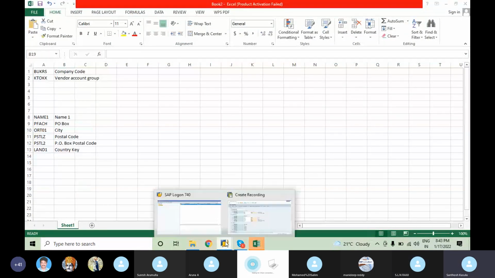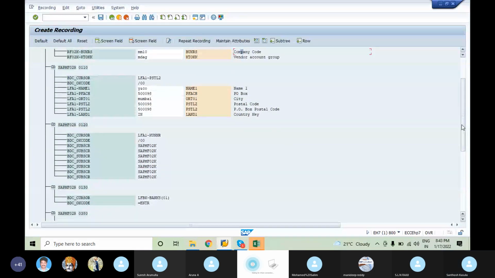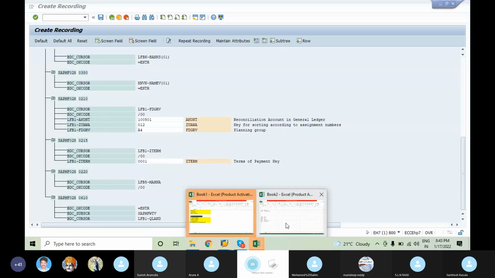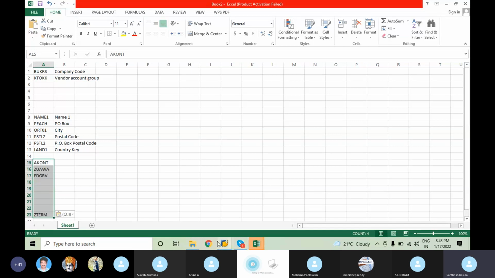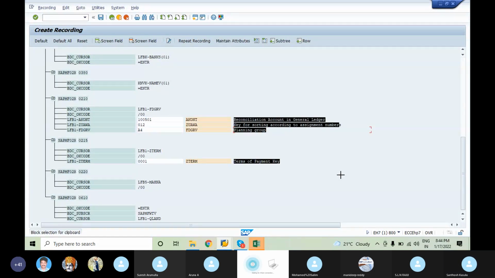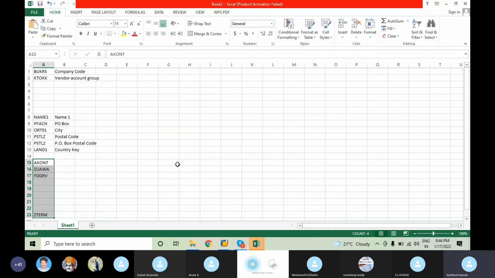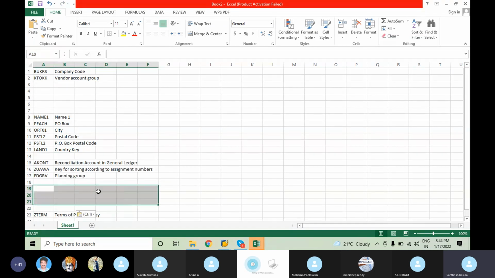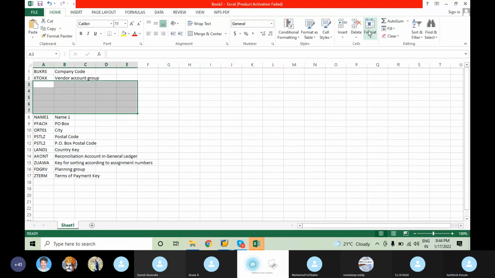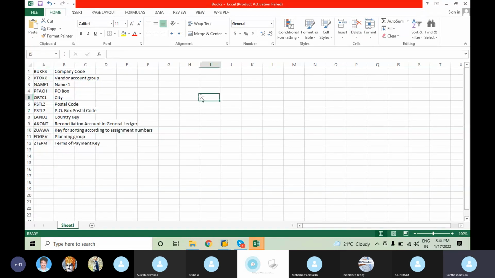Then I copy the technical and functional names and paste them again in the same way, so I'll have the complete list. These are the complete technical names and these are the functional names.